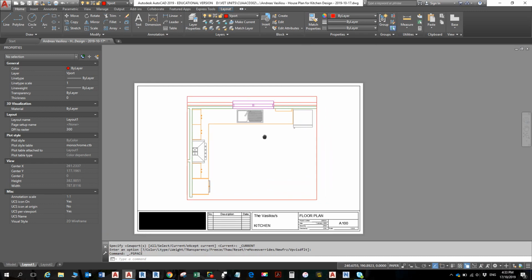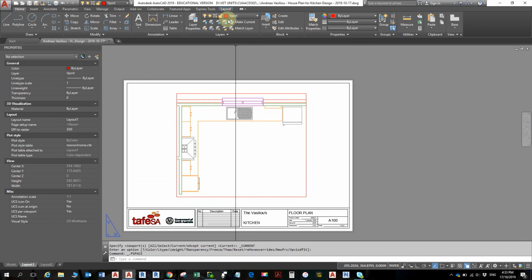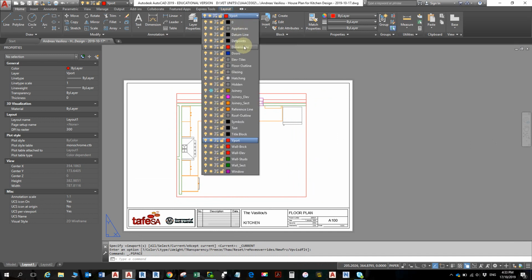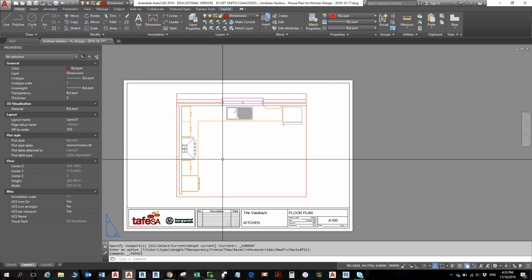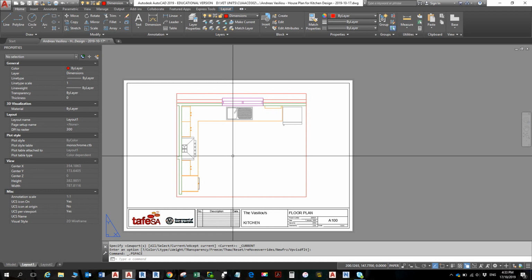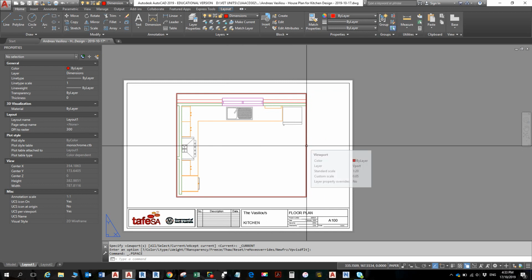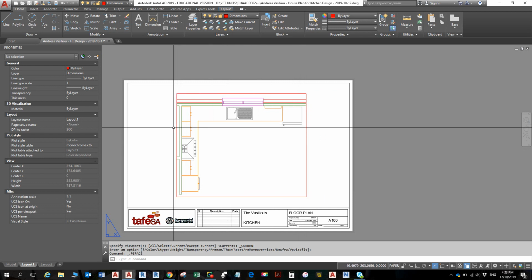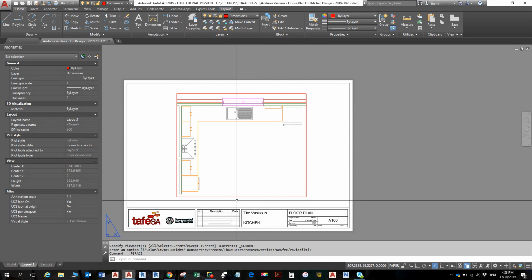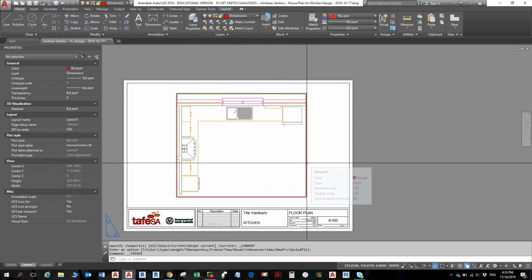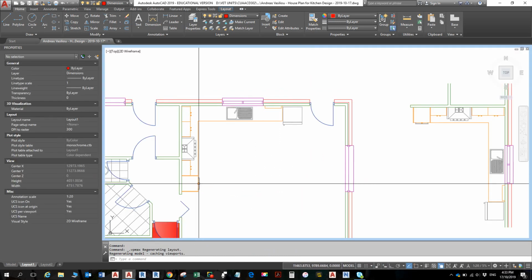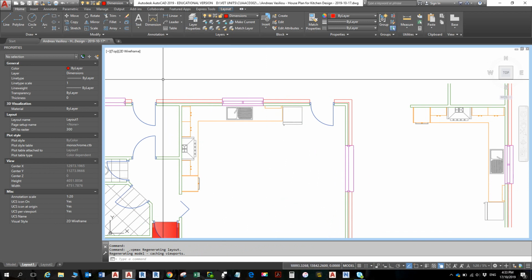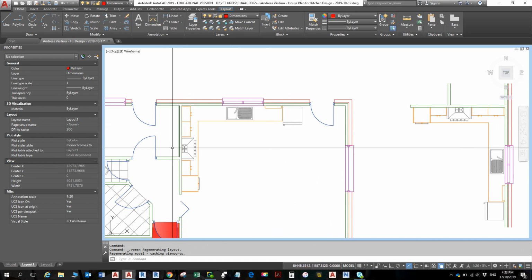All right, so now we're going to do the dimensions. Okay, so basically we need to set the dimension layer as a current layer. Now, you can do the dimensions two ways, as I said. One way is to go to model space and do it in there. But if you do it in model space, you have to allow a little more room around this to do it in. Now, in my situation, if I did that, I'll be in a bit of trouble because if I go into here and I put the dimensions around here because it's a kitchen I'm dimensioning, it will mean that